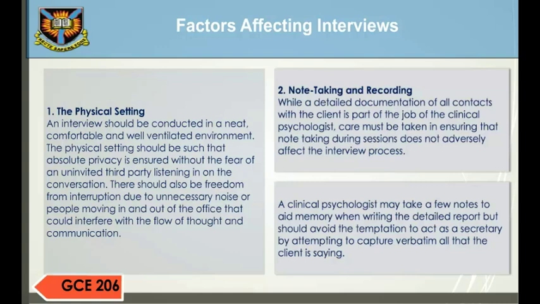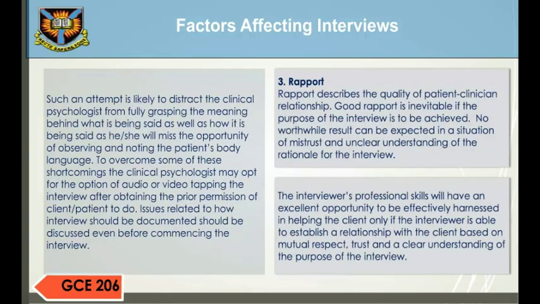A clinical psychologist may take a few notes to aid memory when writing the detailed report, but should avoid the temptation to act as a secretary by attempting to capture verbatim all that the client is saying. Such an attempt is likely to distract the clinical psychologist from fully grasping the meaning behind what is being said, as well as how it is being said,